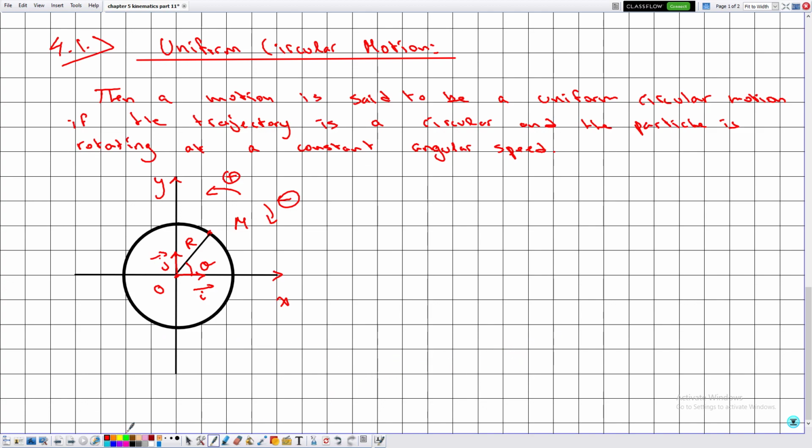So recall that in the case of URM, the equations are given by x is equal to vt plus x0. Now v is equal to a constant and the acceleration is 0. Based on these equations, we will try to deduce the equations of the UCM related to the angular quantities. So in this case, in the case of UCM,